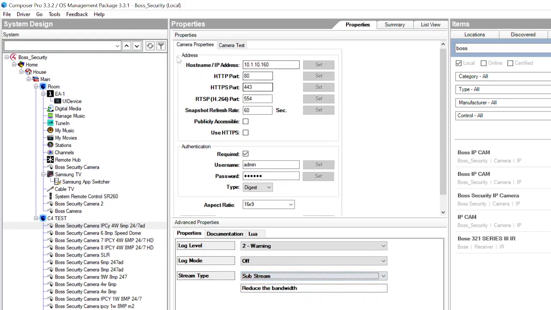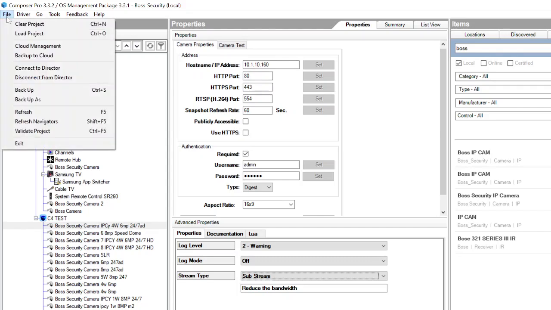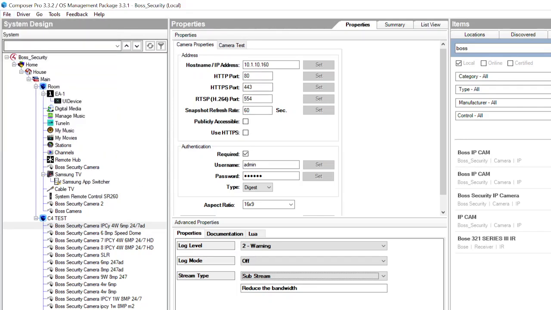Once these are all set correctly, you can navigate to the file section, file tab, and make sure that you hit refresh navigators. That way the cameras are visible on your touchscreen or on the phone. I will do another video on how to change the frame rate on